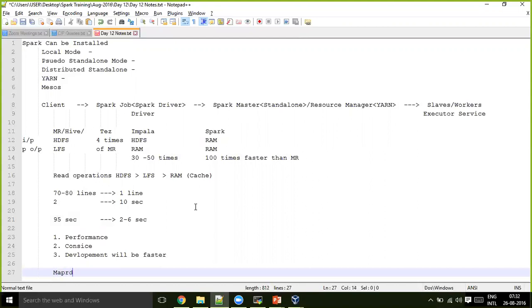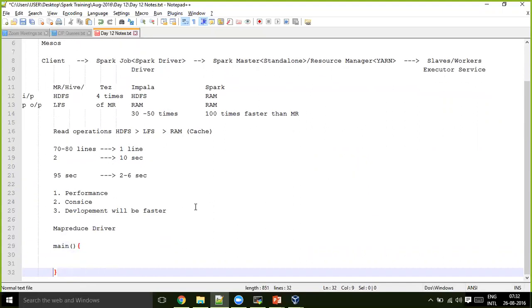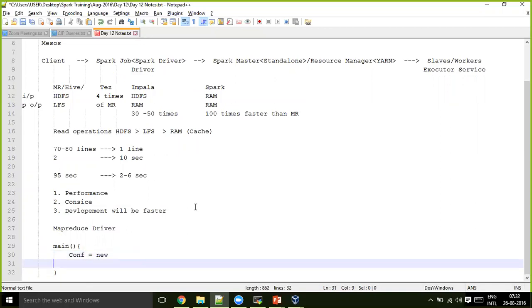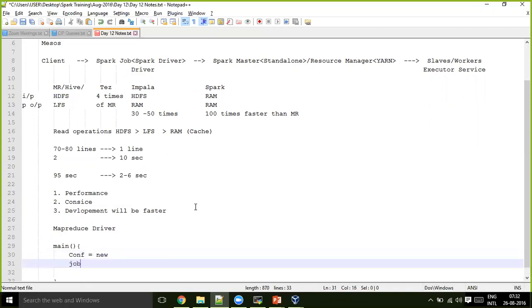So the same way you have seen Mapreduce driver programs, inside which you have written the main method and declared the configurations. Configuration conf equal to new Configuration, and set up your job name: job equal to new Job, set job name and main class, all that stuff, right?